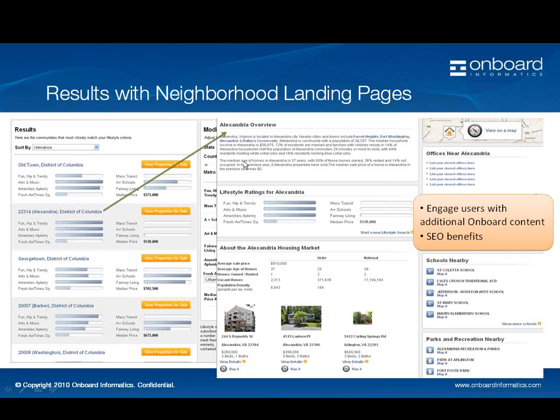I'm going to point out this just because this can be done actually on any site. So right here, what we have is the lifestyle ratings for Alexandria. And the application can actually, let's say you don't want to have that upfront search experience, you don't necessarily see the value in it, but what you can do is, if you have community pages or you even have specific listing pages, you could use the application to, for that town or that zip code or that neighborhood, pull back